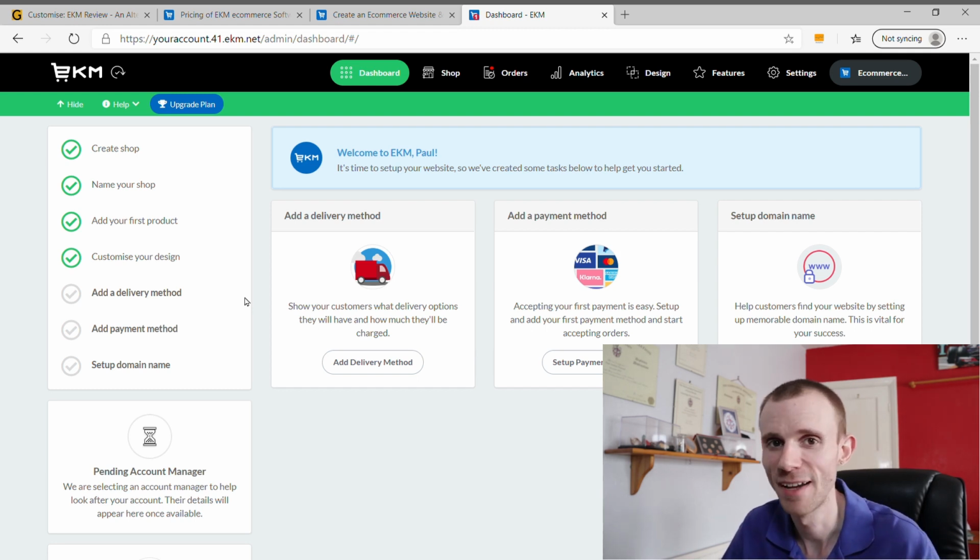So let's talk about the EKM dashboard itself. EKM have gone with a top navigation menu, which is slightly different to the majority of other e-commerce platforms who go for a sidebar menu. Now, this isn't better or worse in any way because pretty much everything is there that you need to be there. The only quibble I have with the EKM dashboard is this section here, which is the shop section, and